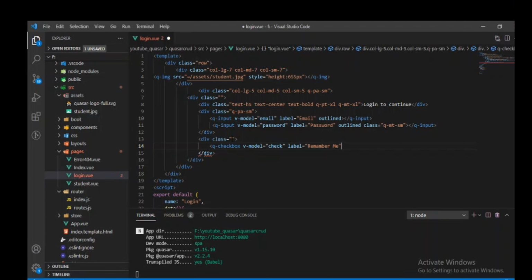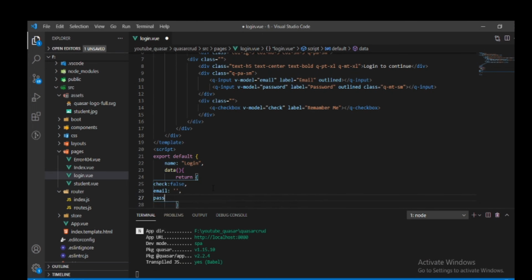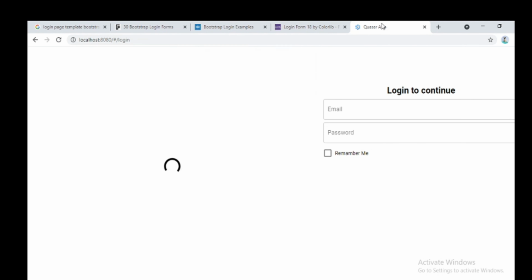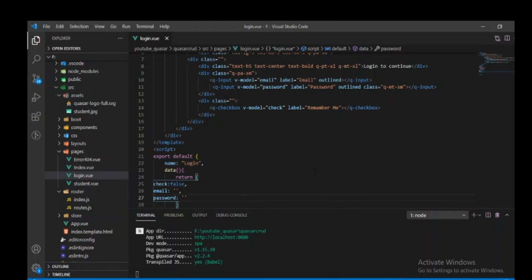Okay, and then the checkbox will be false. Okay, and then email will be empty and password will be also empty. Okay, yes, we have taken it.